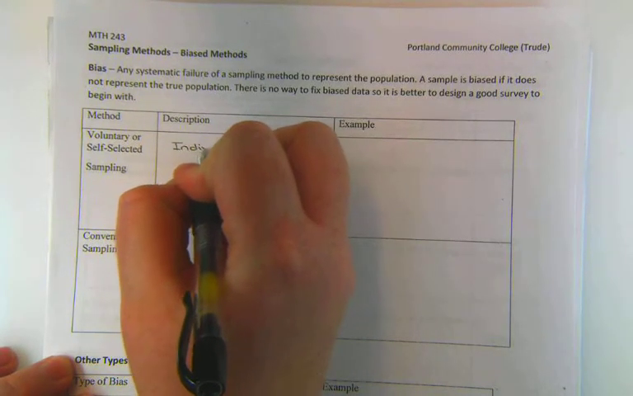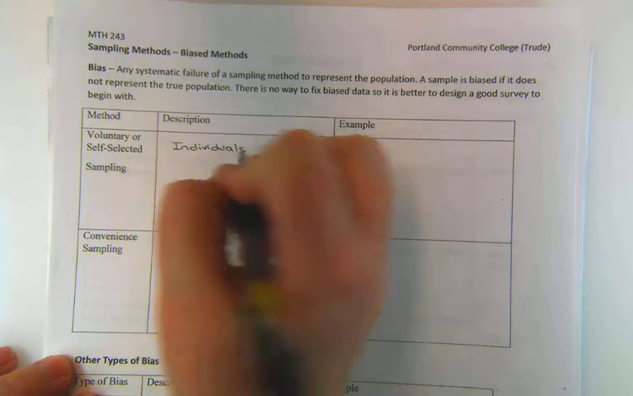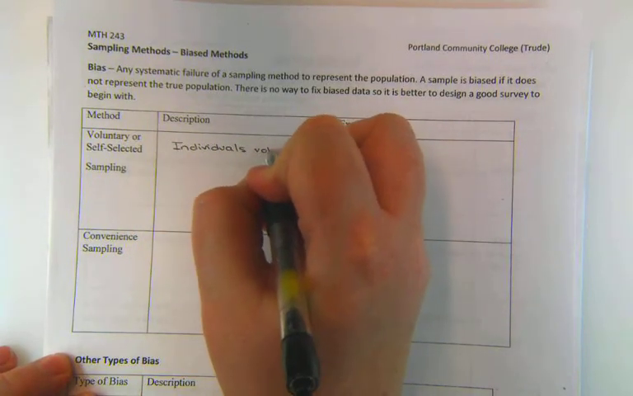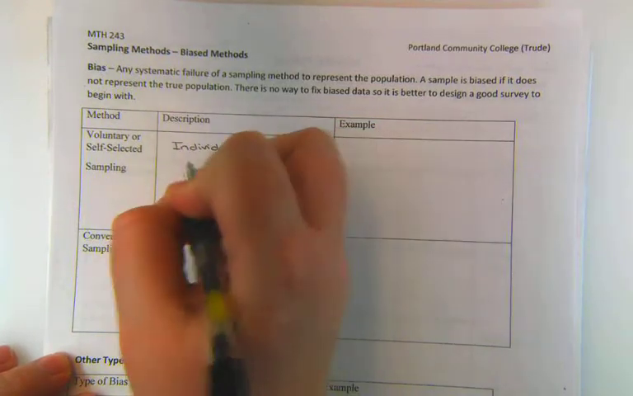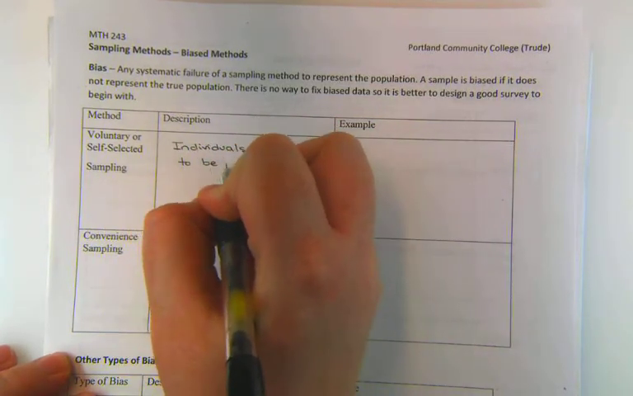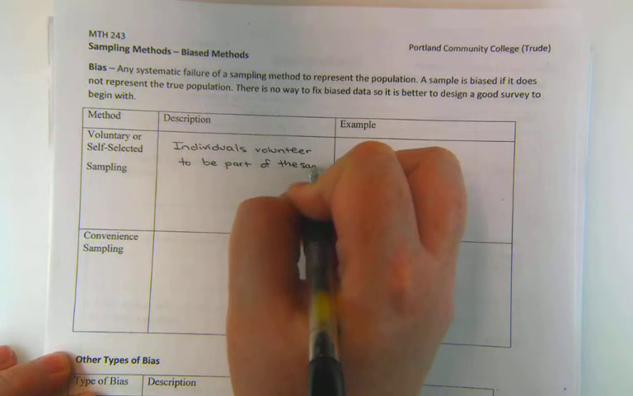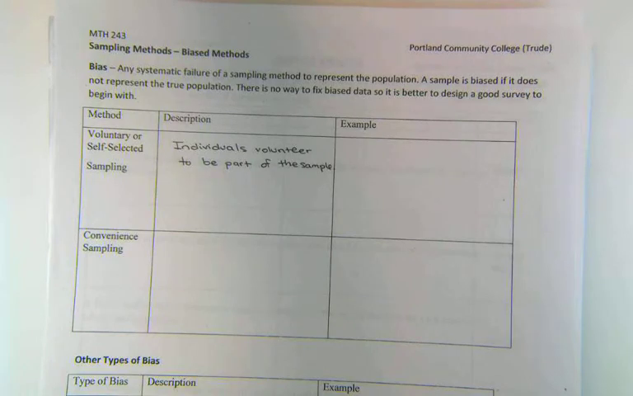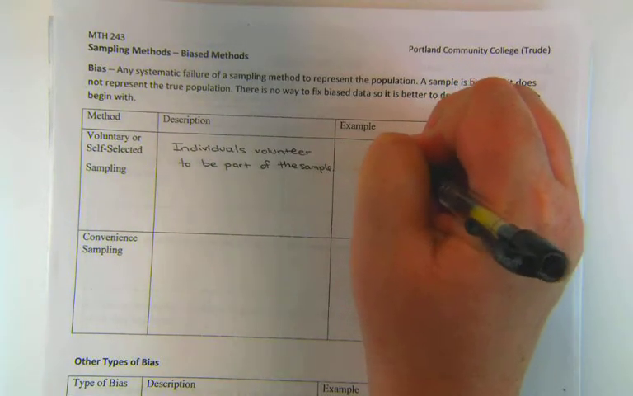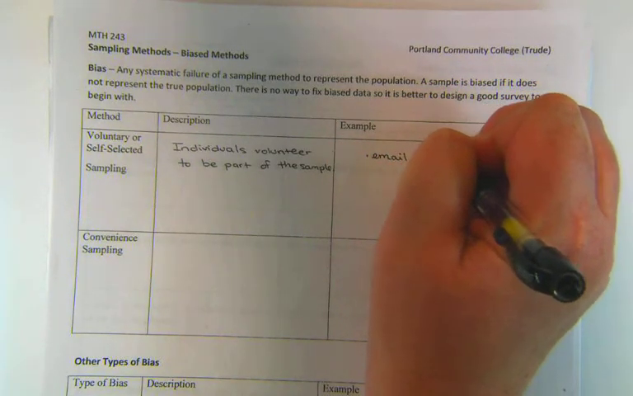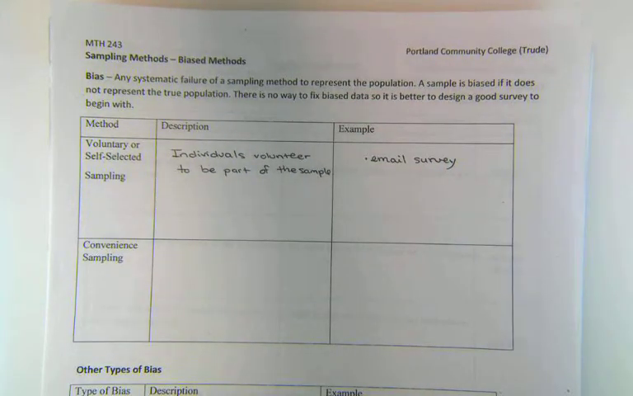This is where individuals volunteer to be part of the sample. So it's all up to them whether or not they participate in the survey. And really, this is what's used for the most part out there in the real world. Everything is voluntary for us. We won't be forced to participate in some sort of survey. This especially is where email surveys come in. If you get something through email or through a telephone call,